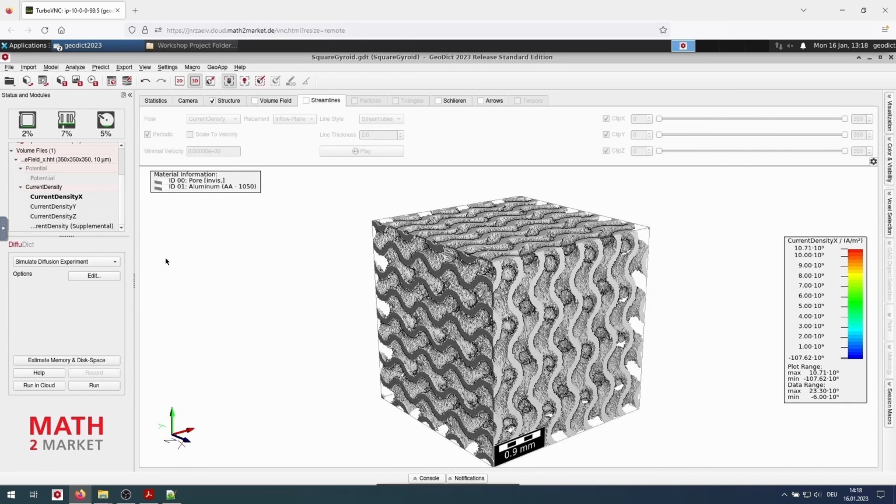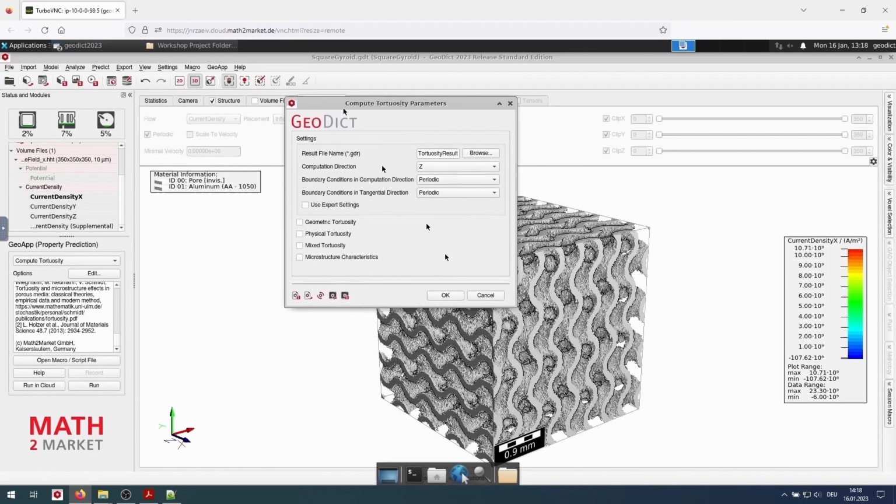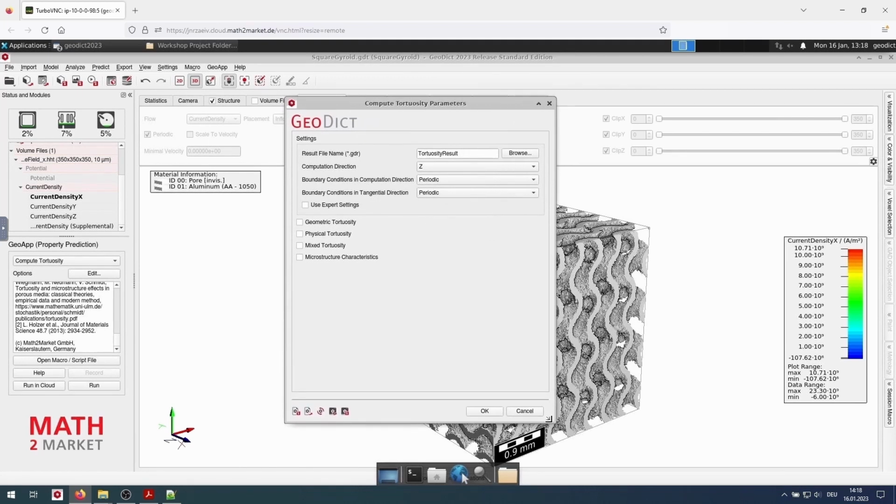If you are interested in deeper tortuosity analysis, we can recommend the GeoApp, General GeoApp Property Prediction, where the Compute Tortuosity app is installed. You can click Edit and have various kinds of ways to calculate tortuosities.